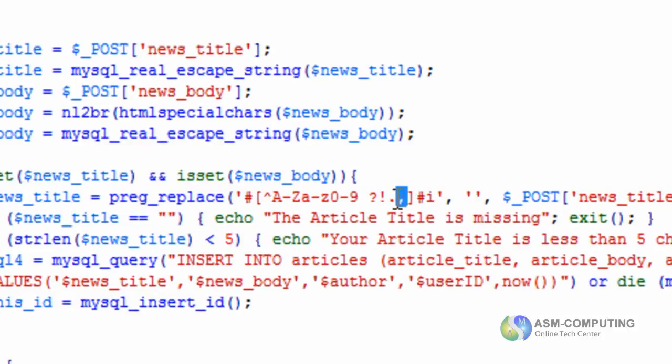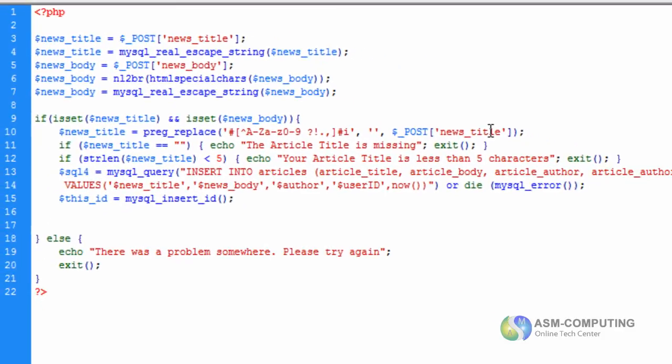So anything basically inside these square brackets is what is allowed to be used inside of our news title. So if we had an opening bracket, that would be taken out and replaced, and that's going to be put on a news title.